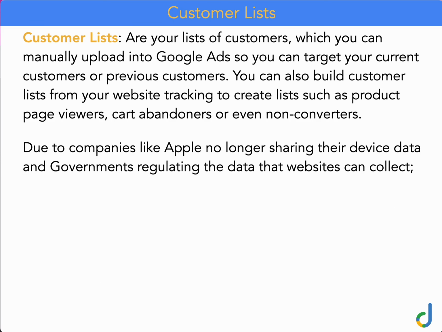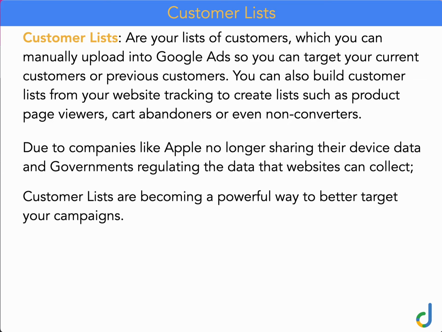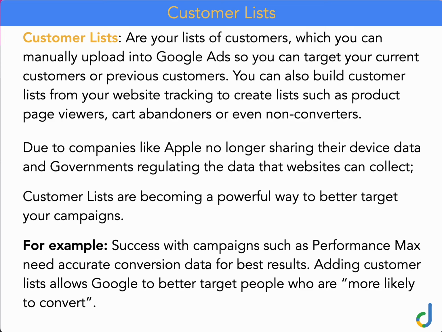And then your customer lists. What I want to speak about here is that due to companies like Apple no longer sharing their device data and governments regulating the data that websites can collect, customer lists are becoming a powerful way to better target your campaigns. So for example, success with campaigns such as Performance Max needs accurate conversion data for best results. So if you add your customer lists, you're basically saying to Google, these are the people who are more likely to convert. So can you find similar people